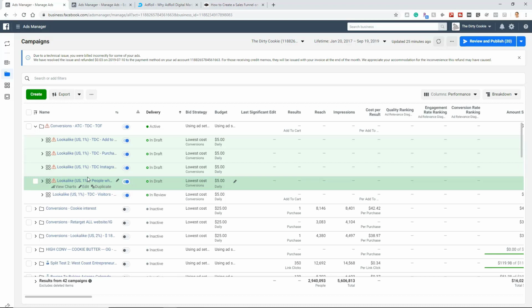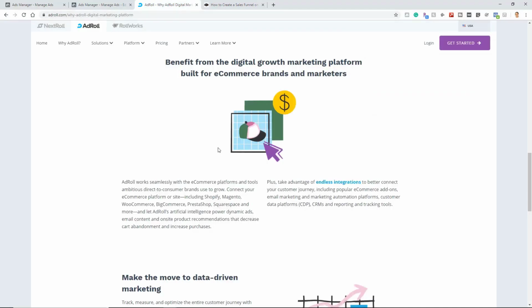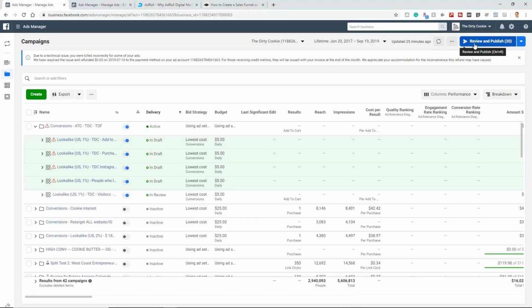So I can build up the traffic to my website and therefore let AdRoll take it from there with their artificial intelligence and dynamic ad retargeting all over the web to close the sale. So now we review and publish,